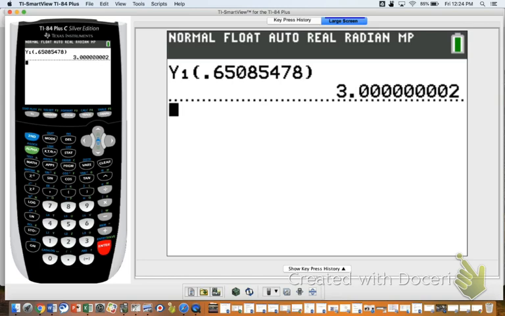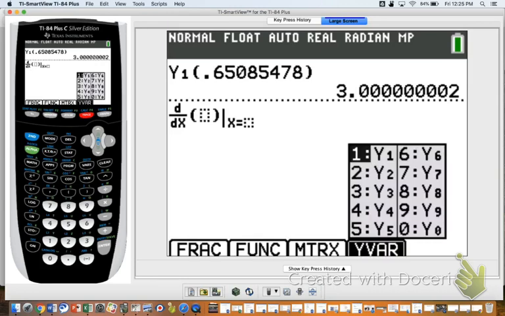Why don't I just use Math 8? So check this out. Again, in the hopes of helping you be ultra efficient, I could just go Math 8, and I want to differentiate. I want to do ddx of which of those functions in my function list? The velocity, which I put in as y1, right? That makes sense? So I'm just going to go ddx of y1,